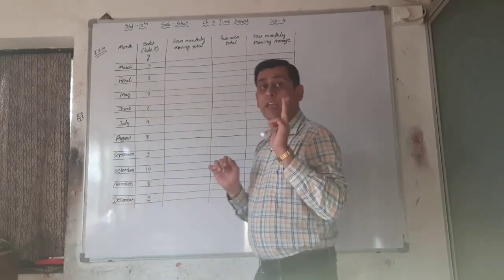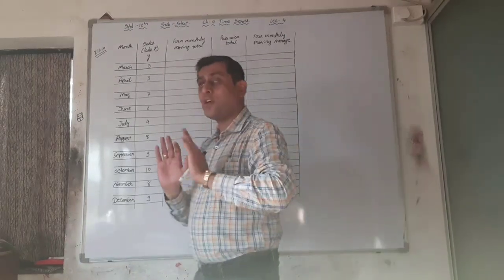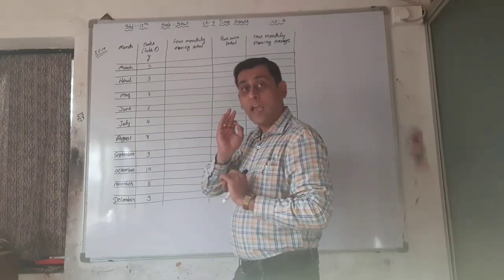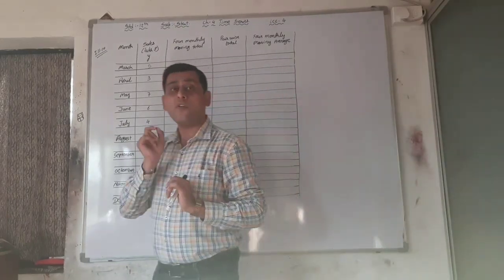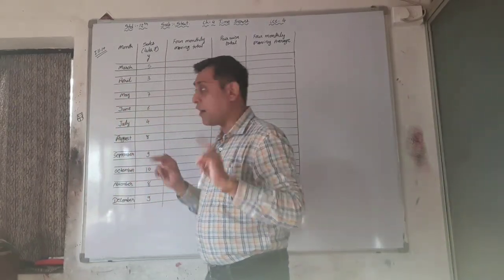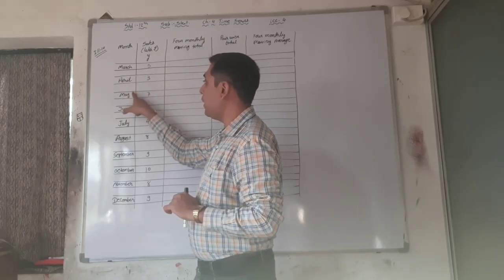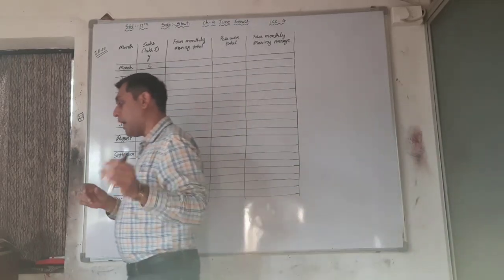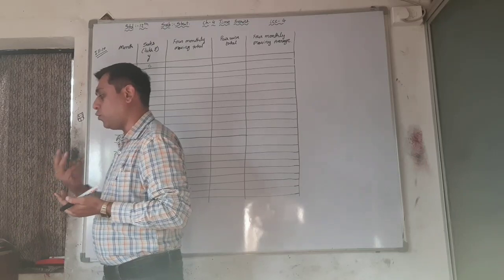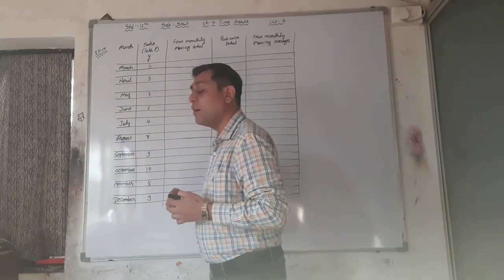But whenever they ask for 4 yearly or 4 weekly moving average, we have to leave a line compulsorily. In 3 yearly and 5 yearly moving averages, we leave the line only for good presentation. But in the case of 4 yearly moving average, we have to leave one line because of calculation. It is a calculation part. That's why we leave one line between these two data: March, April, one line. April, May, one line. And the sales is given in lakh rupees: 5, 3, 7, 6, 4, 8, 9, 10, 8 and 9.